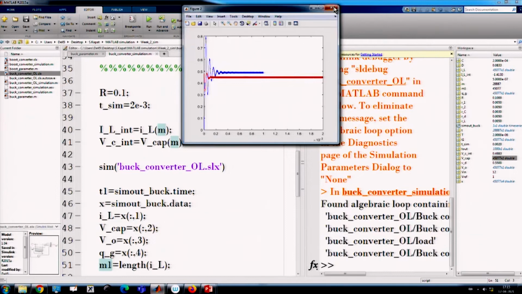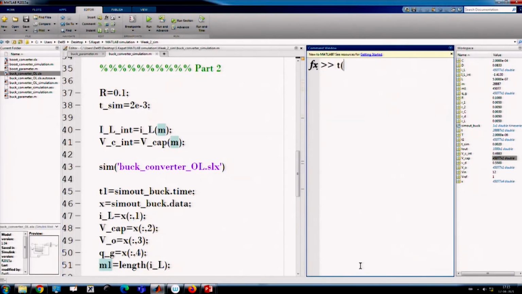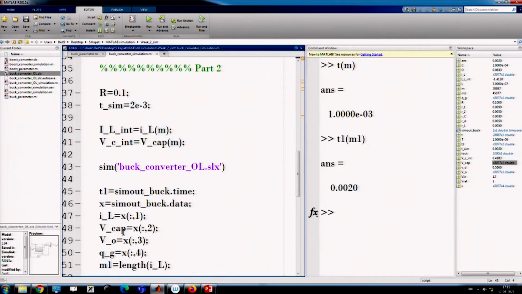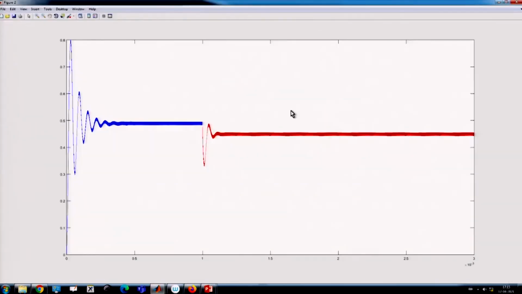Okay. Now we want to see what is my T of M, what is my T1 of M1. So, different value. So, now what we have to do, we have to add this offset Tm, okay, Tm plus this offset. Now, if we add this offset and run it, now it shows